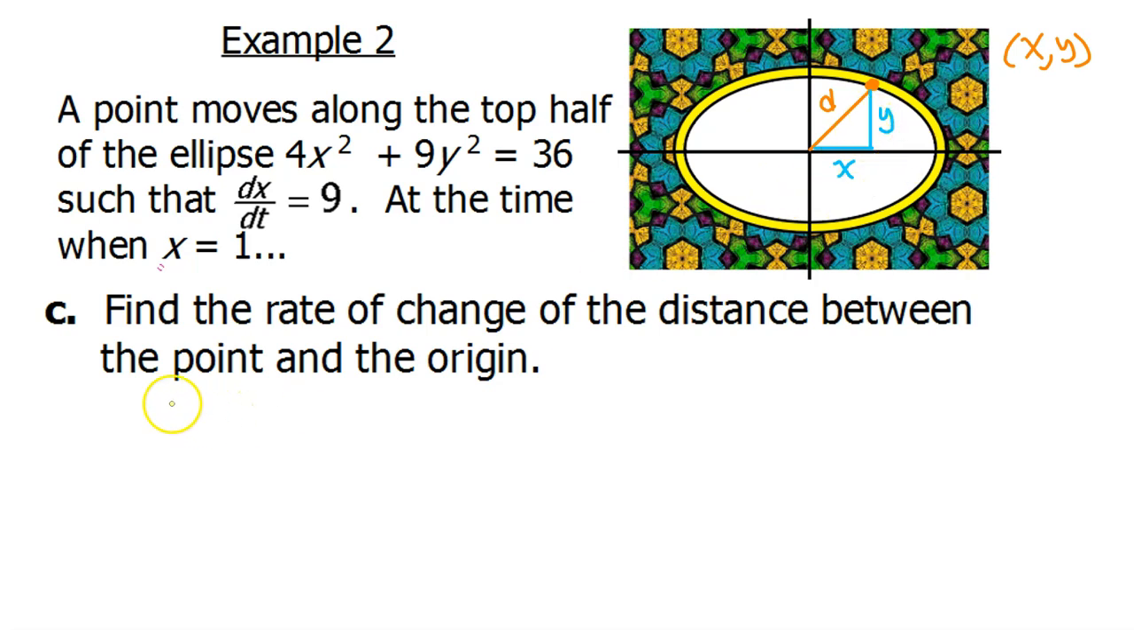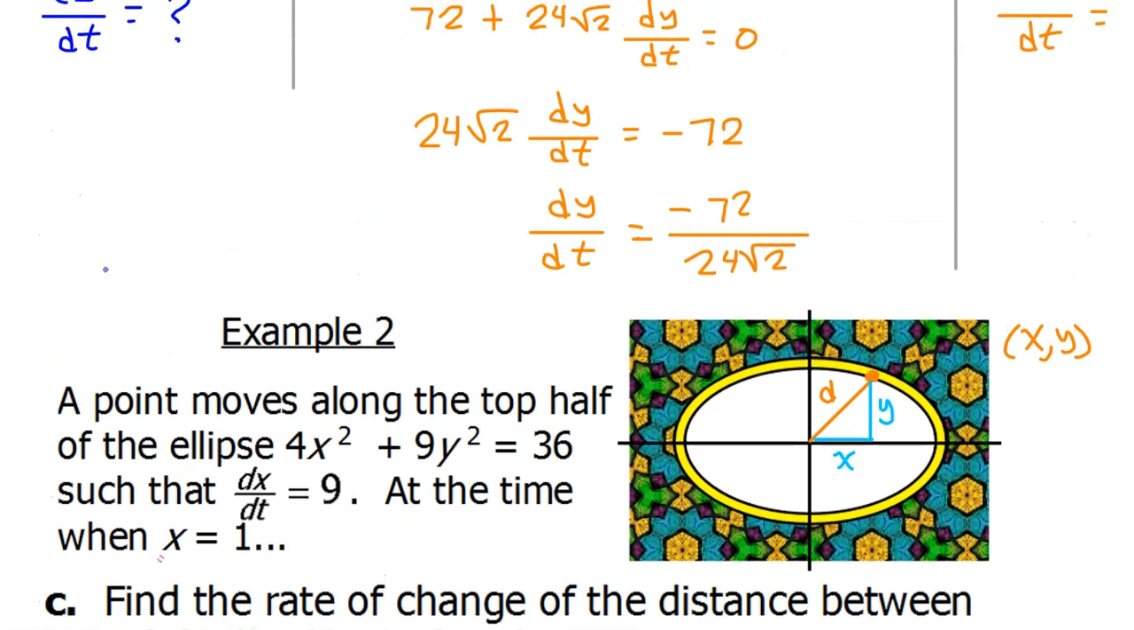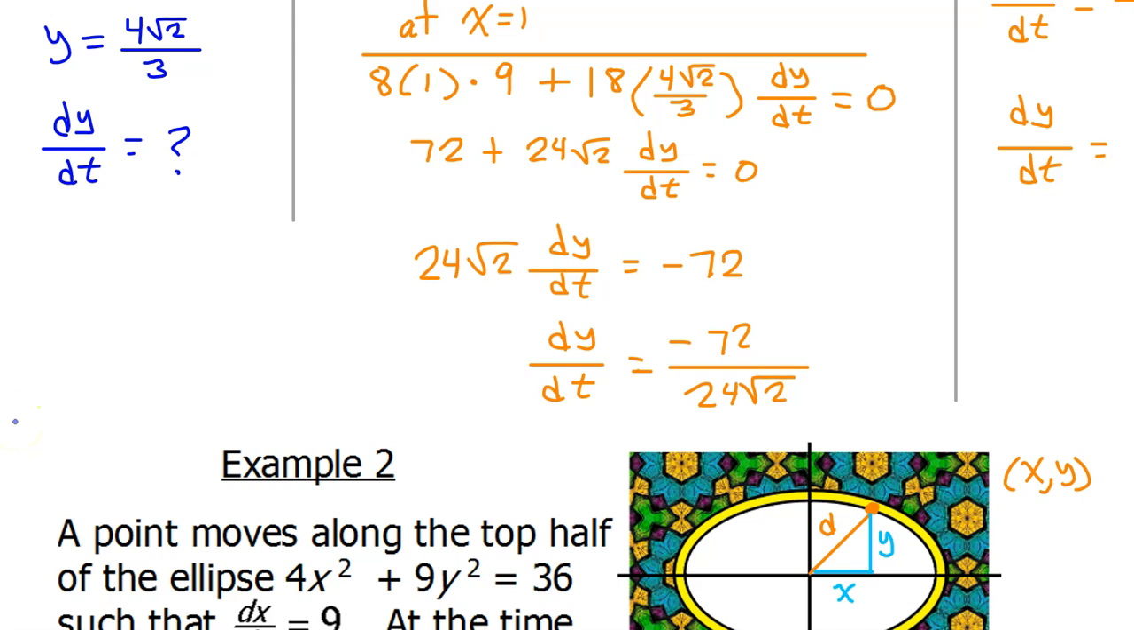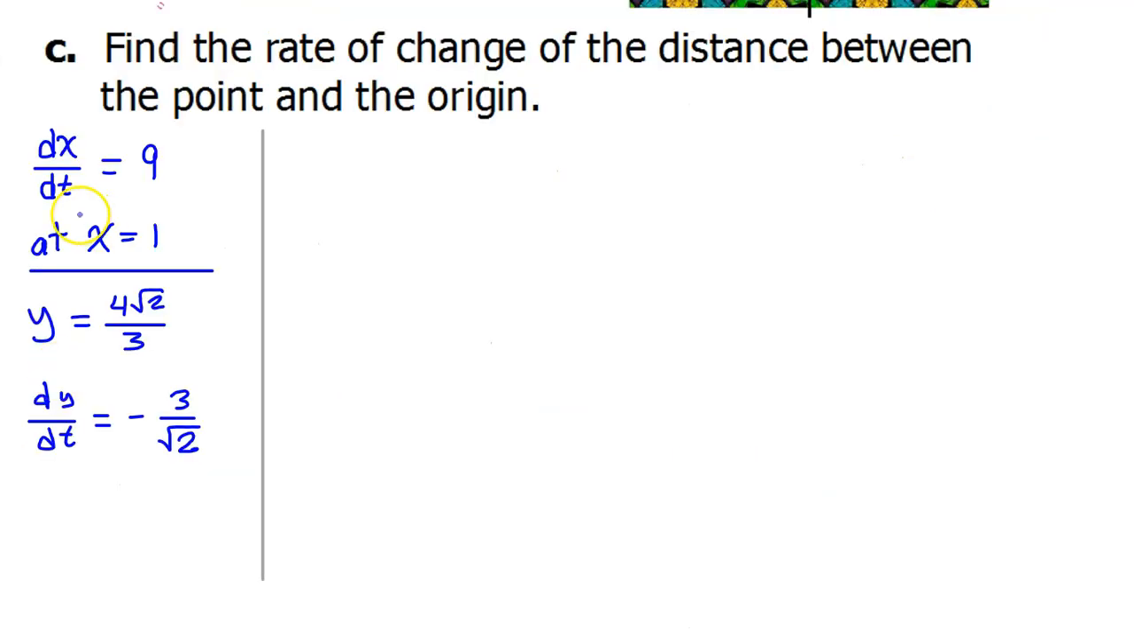Or you can say it in words and say, let d equal the distance between the point and the origin. But usually I just draw it into the picture. But you have to do one of those. You have to define a new variable. So far I have copied down the part of the inventory from part B. But speaking of part B, we just found that dy dt is equal to negative 3 over radical 2 when